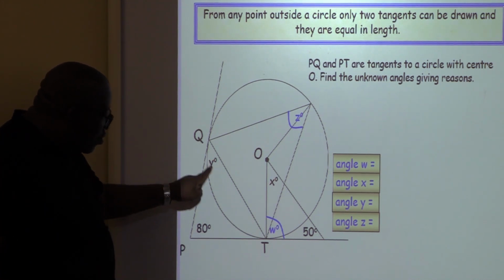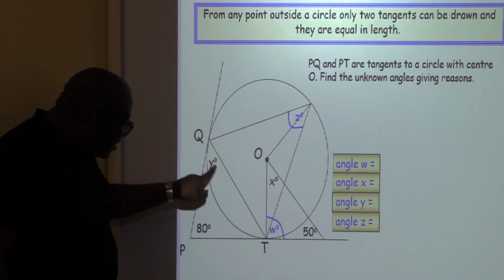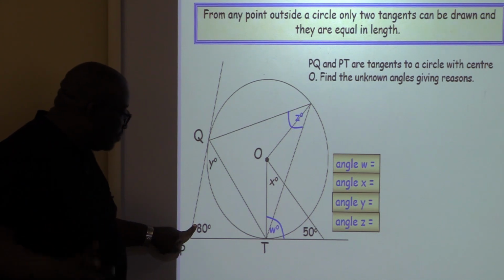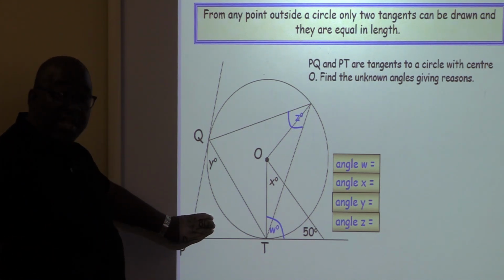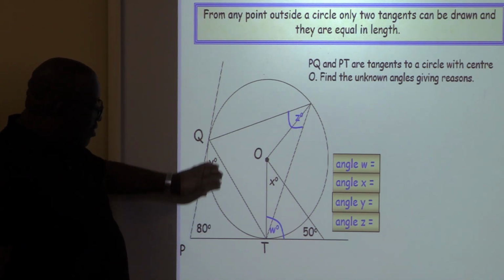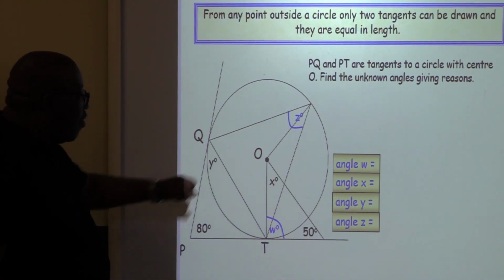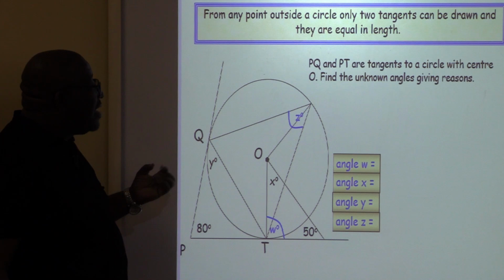Remember, if these two are the same, and I add this plus this plus this, what do I get? 180 degrees. The sum of interior angles of a triangle. I already have 80. To get 180, what am I short of? I'm short of 100. And those two will be the same. So this will be 50, this will be 50. So this is how we'll go about finding the value of Y, that it is 50,